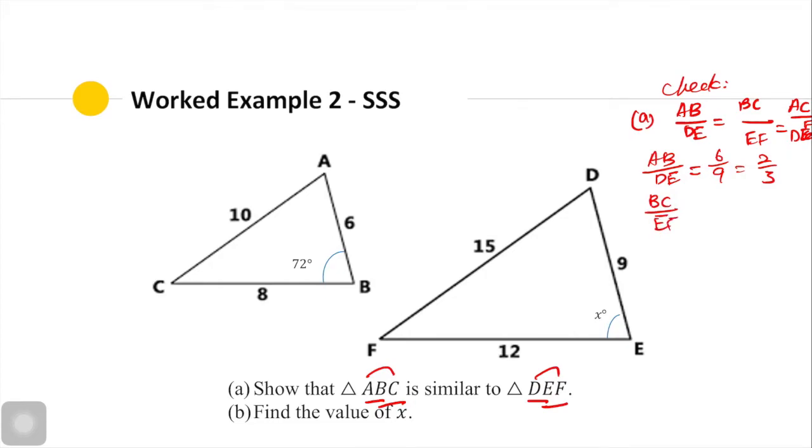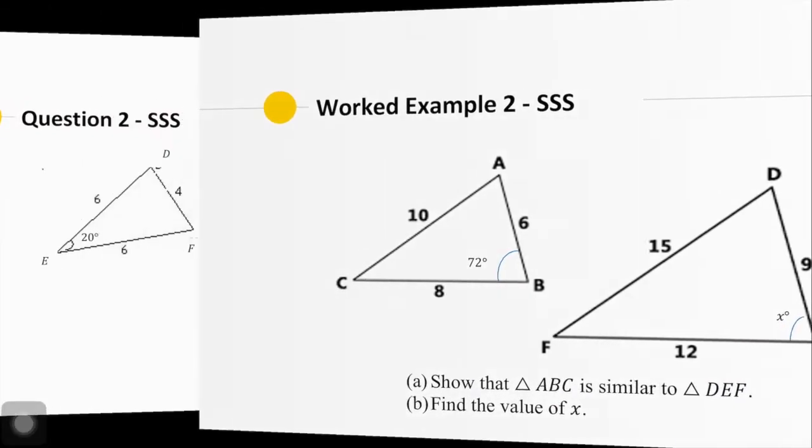BC over EF has a ratio of 8 over 12, divided by 4 is also 2/3. And AC over DF has a ratio of 10 over 15. So again, 2/3. So look at that. We have three of the same scale factor. The ratio, the proportion, is the same now, which means that